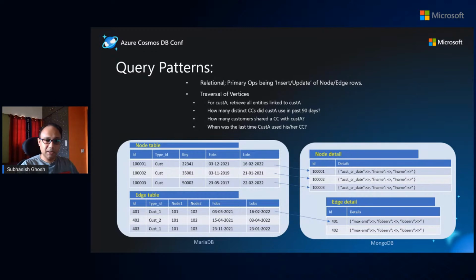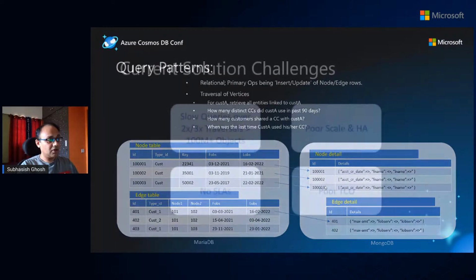That was becoming a bit difficult once you are on the relational RDBMS vertical graph solution. We will take a look at some of the code design patterns we chose as well. They became very key for scaling this particular solution up. As I mentioned, the primary operations were writes in MariaDB, which included insert and update of node and edge rows. But we also had a considerable amount of point reads as well.